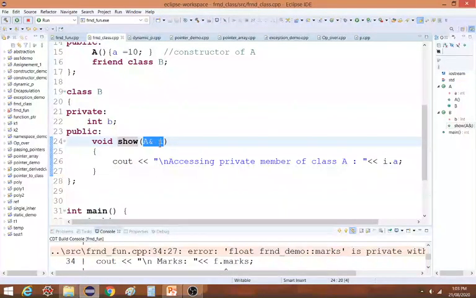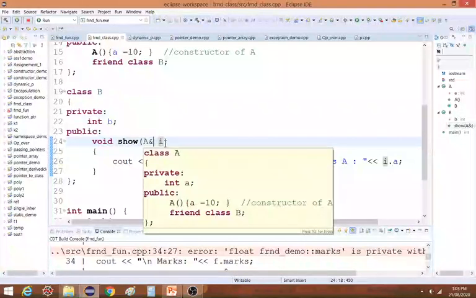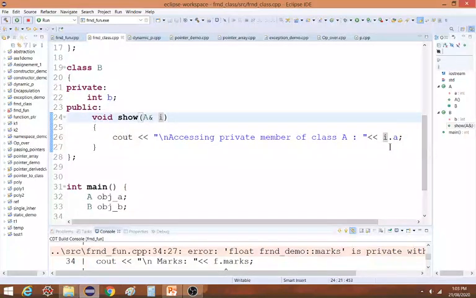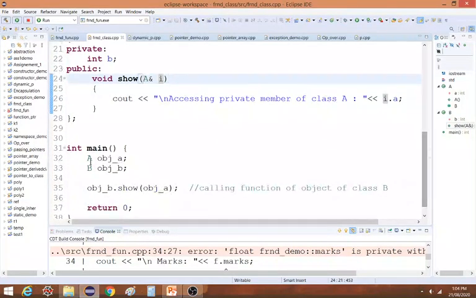You can see here the ampersand tells the compiler that the reference is caught over here of the object. Object is of which type? A. A is the name of a class. So this object is passed by reference. Okay, so i is the object, and we are just displaying the contents of i. What I am saying is, accessing the private member of class A, and I am displaying i dot a. So it is allowing me to access the private data member of class A from class B because I am declaring it as a friend. Now let us see what we have in the main function.